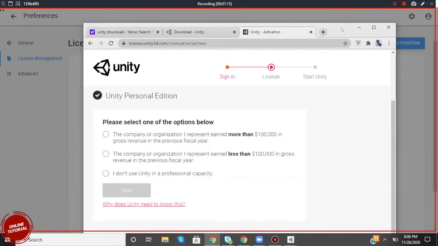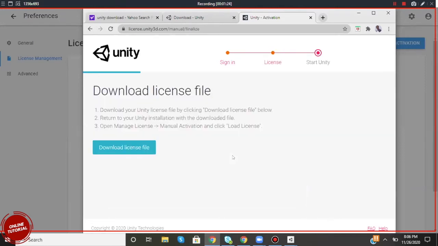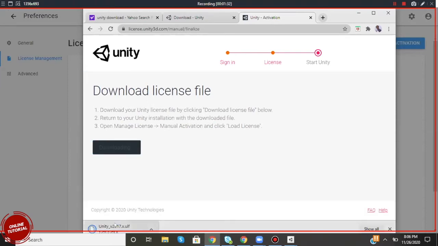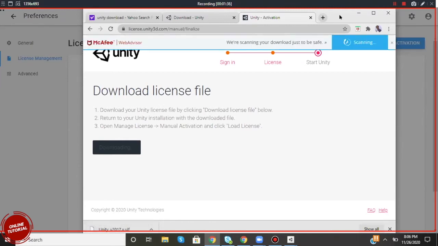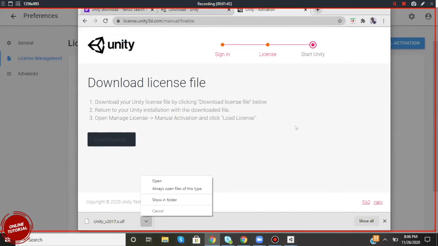I don't use Unity in a professional capacity. Select that one, the last option. Next. Now download this license and place it somewhere accessible. Okay, downloaded, right? Then minimize the browser and you can go back to the Unity Hub.